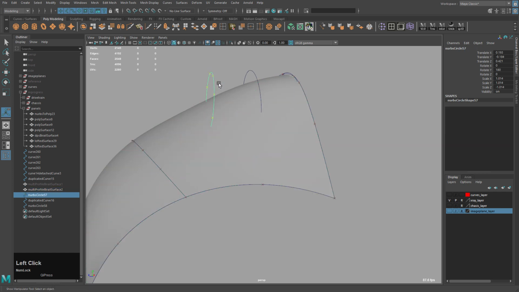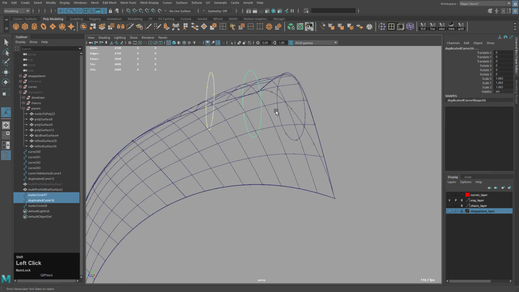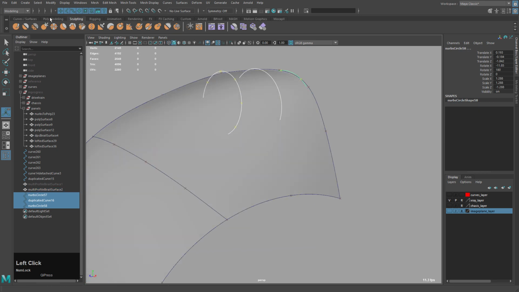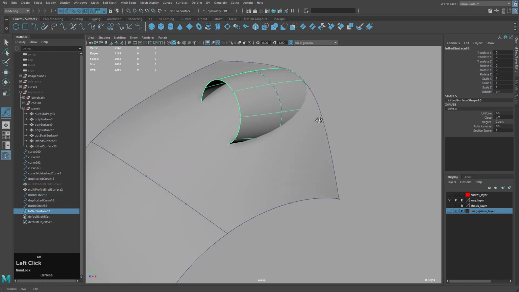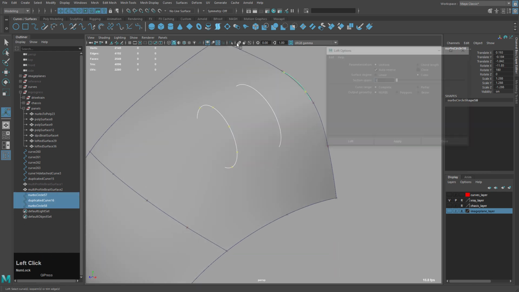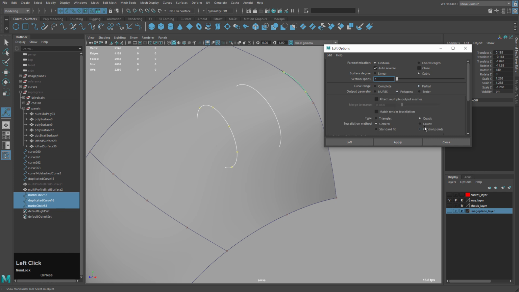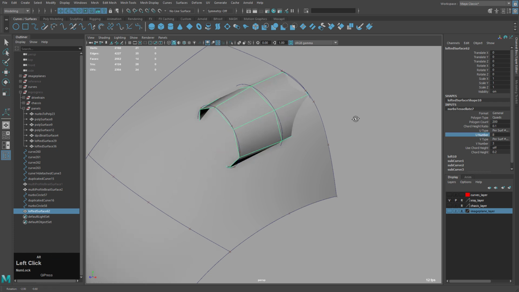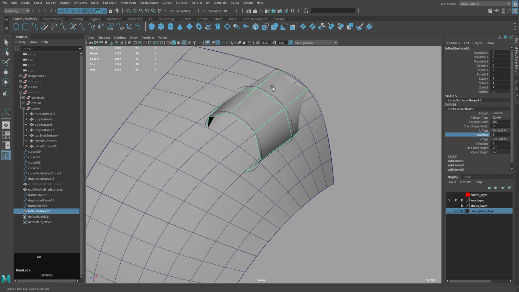And then if I select from here to here to here, deselect that, we can do a very simple loft. There. I want the loft to go straight to polygons, so set this to polygons, hit apply. I'm going to turn wireframe on so I can see it.